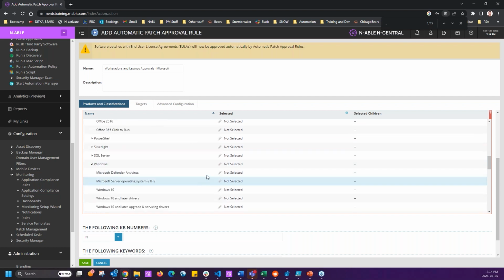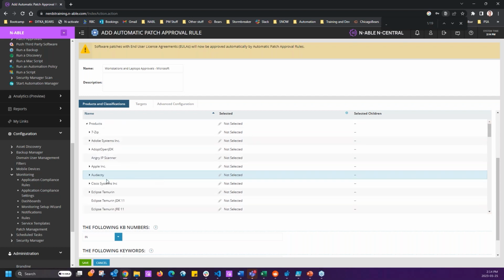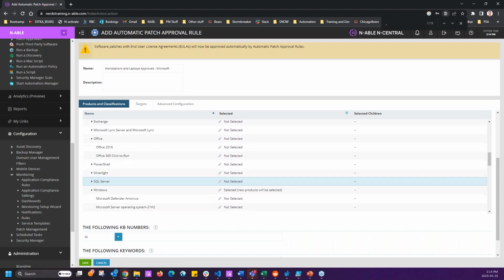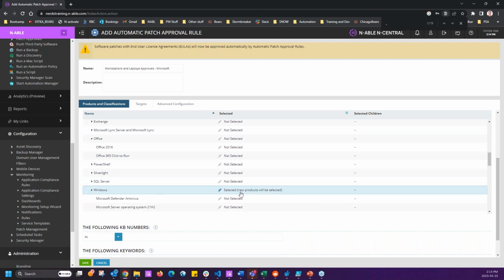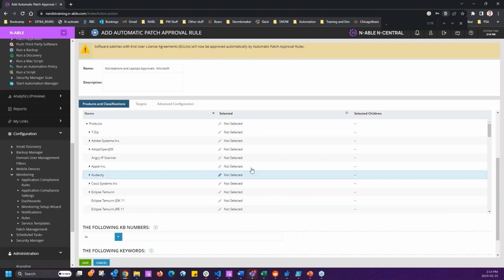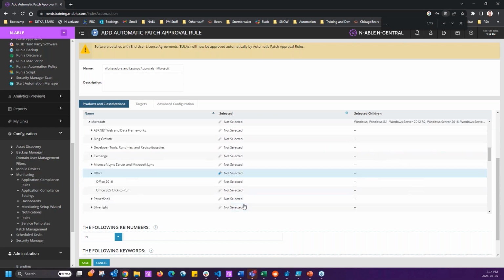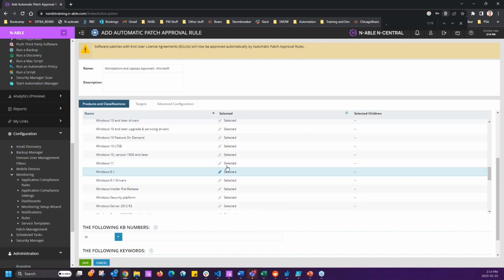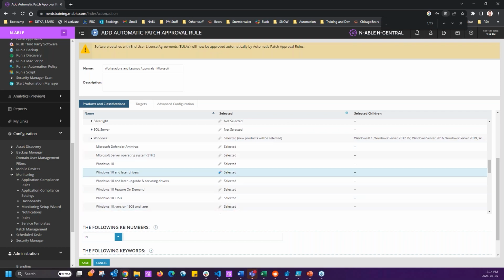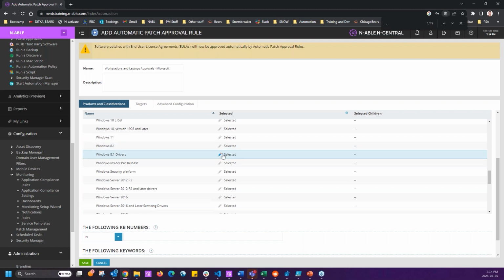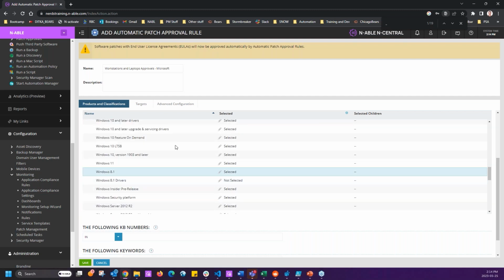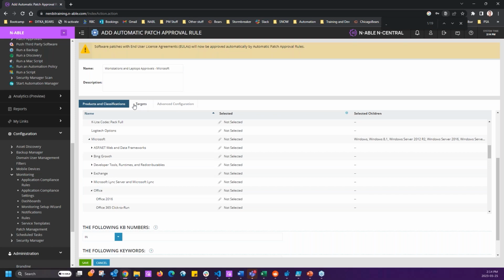And you can come into Windows and then start selecting these, select, and then I'll come back down. The one thing about the UI of this is that once you select it once, it jumps, is what I'm getting at. It's a bit of a painful way to do these approvals, but you select them and then choose what you want, right? So maybe we're not going to do 8.1 drivers, so unselect. There. Now again, what I was suggesting earlier is that if you are going to do drivers,